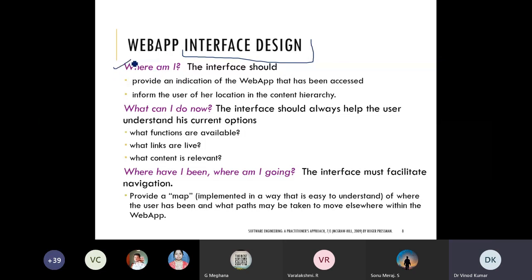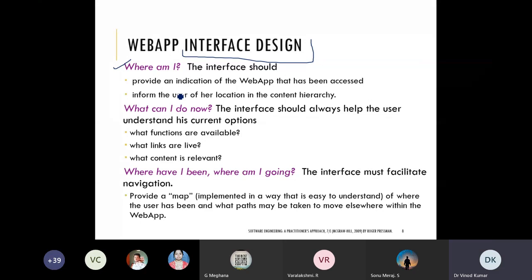This is very important, to know where you are currently in the web app. The interface should provide an indication of the web page that has been accessed, and inform the user of his or her location in the content hierarchy. So definitely you need to know at which page, which location you are in the web app.